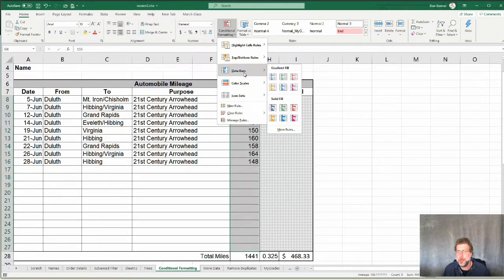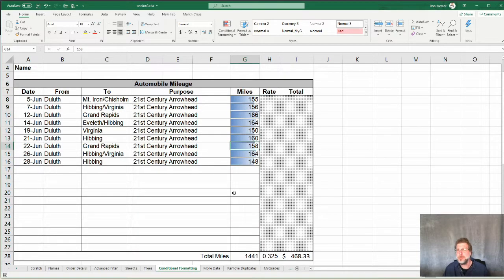So what I'm going to do is come up here to data bars and click on just the first blue bars. And now, very easily, I can see that 186 is the largest mileage that I have. Because I've selected all of the cells going from 155 down, as I add more items, it'll automatically recalculate. So if I have a 200 in here, boom, 200 becomes the largest one, and now 186 has been pushed a little bit away. And if I go here to 250, 250 is the largest, 200 becomes smaller, and 186